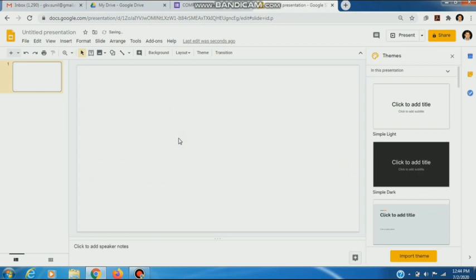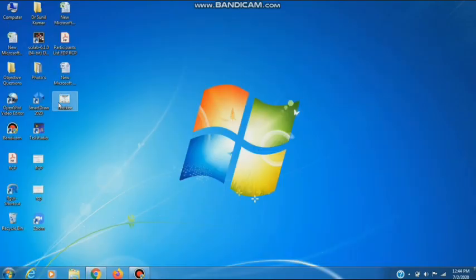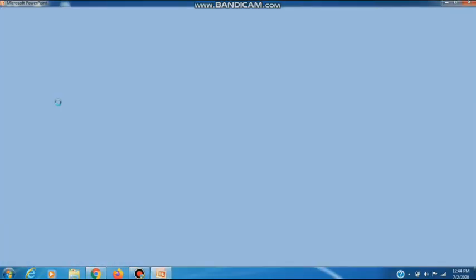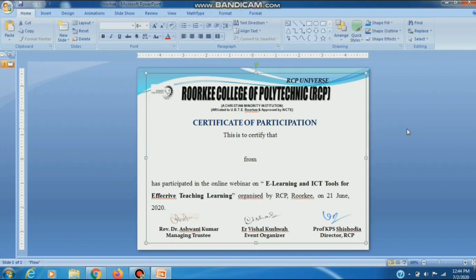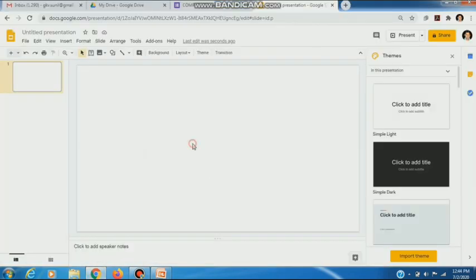Now we can draw anything of our own interest. I have already written some material regarding the certificate in a PPT. Suppose this is the matter: Roorkee College of Polytechnic Arts, certificate of participation. It is a sample I have generally created. I select all this matter, copy it and paste it in Google Slides.